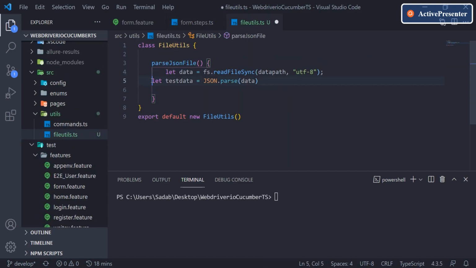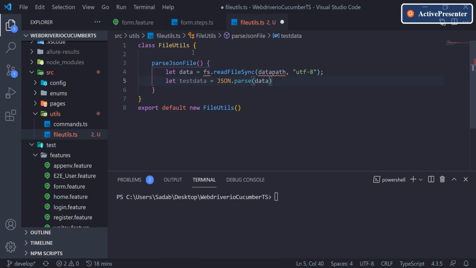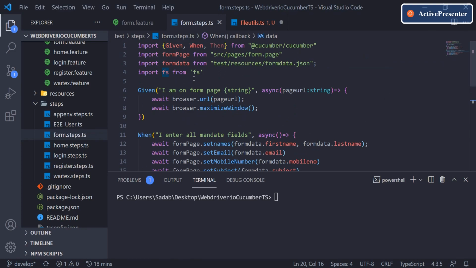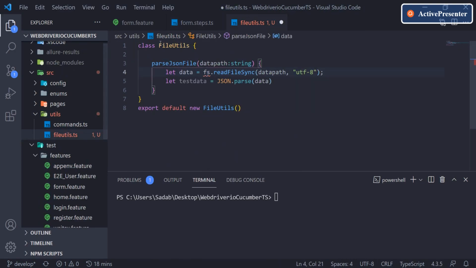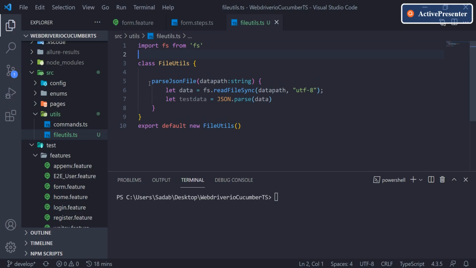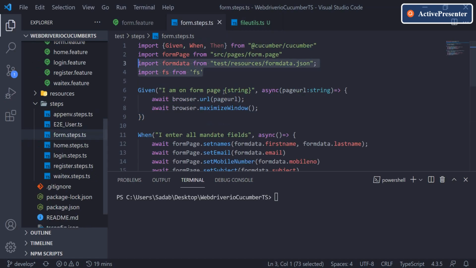Now it will give a bit of error here because of two things. One, this function will expect an input parameter, which will be the data path that comes as a string. Another, we need to import fs, because if you remember, we imported it in the other file too, if you scroll up. Let's do the same import here: import fs from fs. And we need not just store it in a variable; we need to return the data after parsing. So this will be your usual function, and when you need it, you'll just call it in this test class.